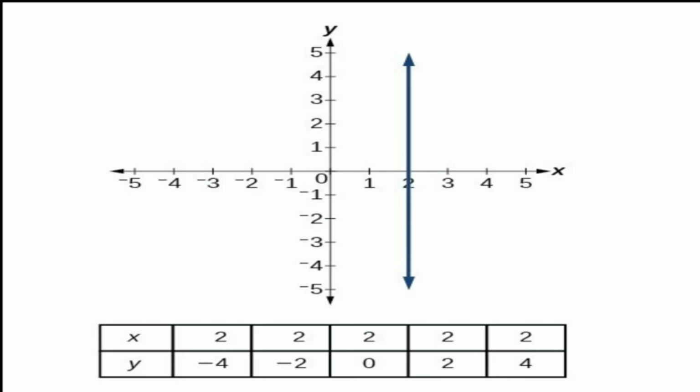In the above examples, the values we used for x were chosen at random. We could have used any value of x to find the solution to the equation. The graph of a first degree equation in two variables is always a straight line. Therefore, such equations are referred to as linear equations. In fact, each linear equation in two variables has an infinite number of solutions whose graph lies on a line. However, we only need to find two solutions because only two points are necessary to determine any straight line.